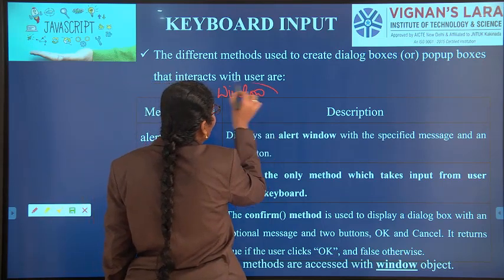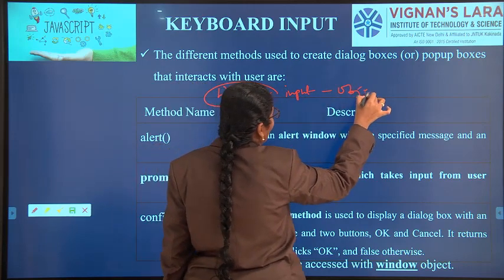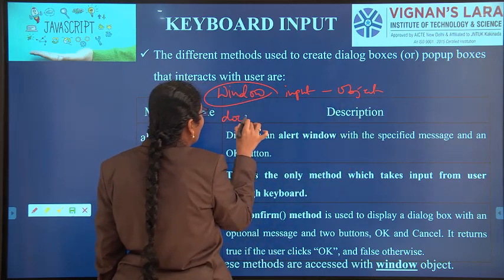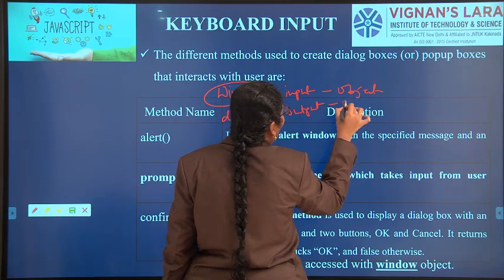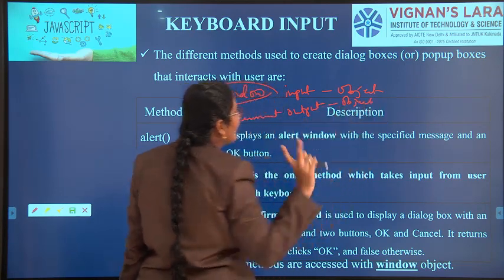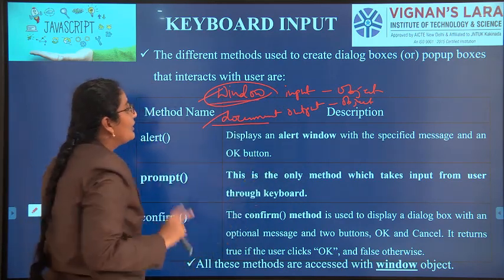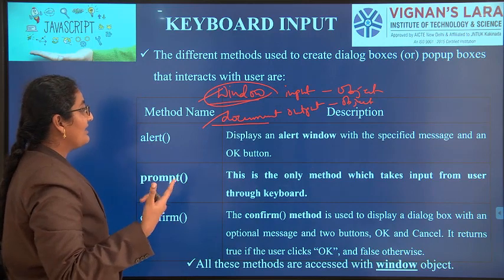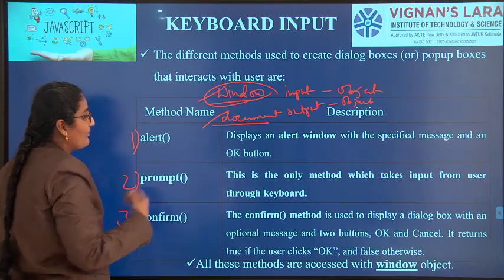Two objects we have, window and document. Window is for input, document is for output. Two methods we have, write and writeln, that is for output. Three methods we have, alert, prompt and confirm, for input.